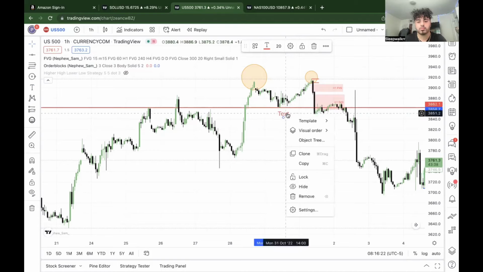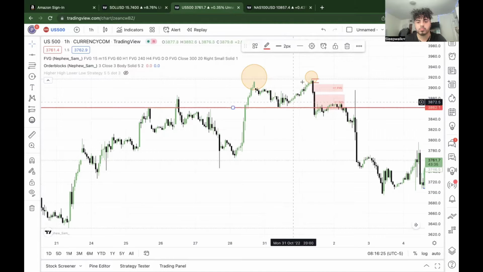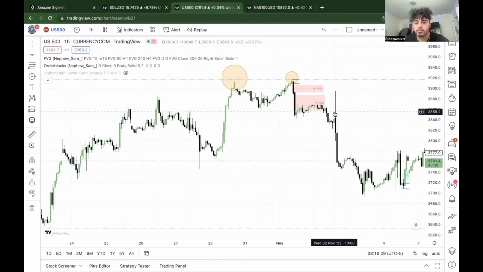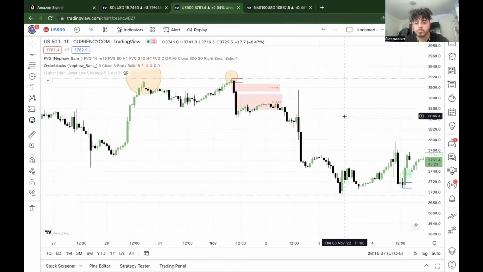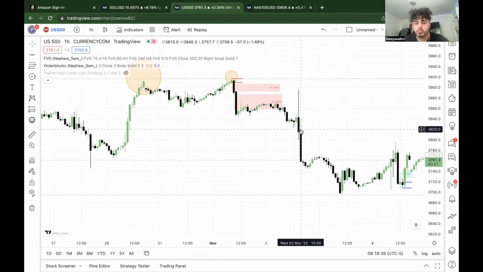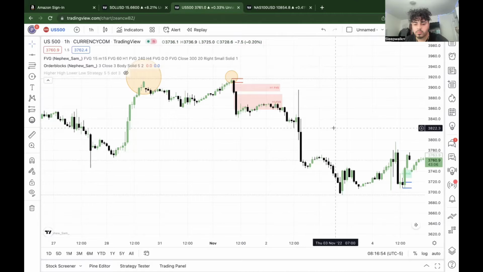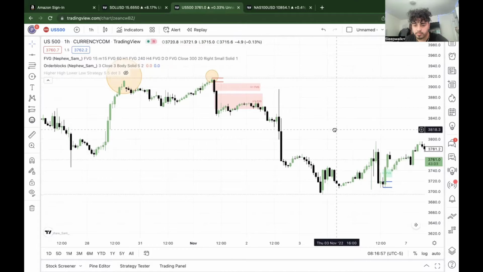I want you to notice how that rally up on Wednesday, November 2nd, 2022 at the 1400 candle, rally all the way up to trade into that small little fair value gap that made that higher high on November 1st. We created an optimal trade entry and then broke down aggressively, took out the low formed on October 27th, that Thursday at 1600 hours. We traded down on November 3rd,